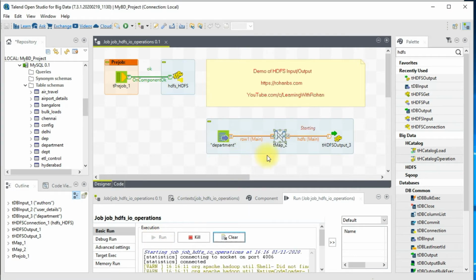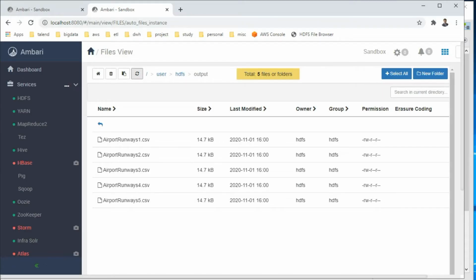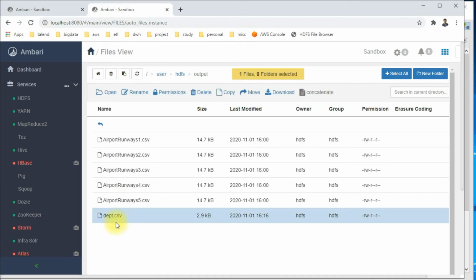So as I said, we can perform several operations in this flow. All the transformed values you can redirect to the HDFS output. Okay, so you see there are 80 records read and written to the target. Alright, let's go to that folder and check if we have that new file created. Okay, so you have this new file created, right, which is of 2.9.